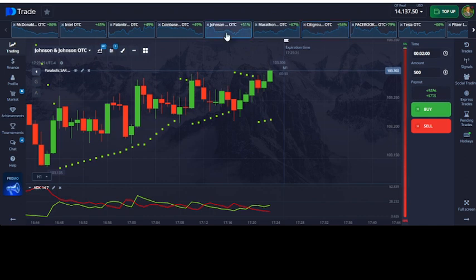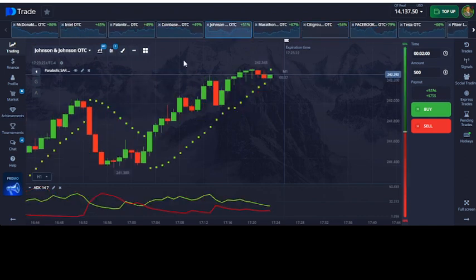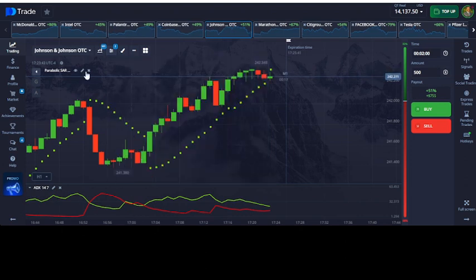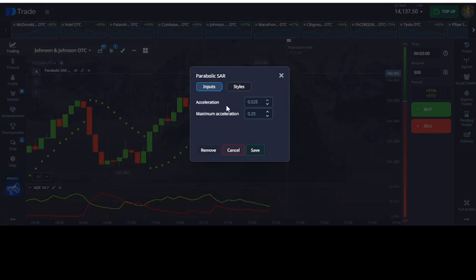to analyze them here. Okay, so I'm going to be utilizing two indicators, the Parabolic SAR. If we click on our indicator icon here, the Parabolic SAR can be found here. Click on that once, and the ADX indicator here. For the Parabolic SAR settings, we click on the pencil icon, and I've set the acceleration to 0.025, maximum acceleration to 0.25. In the style settings, I've